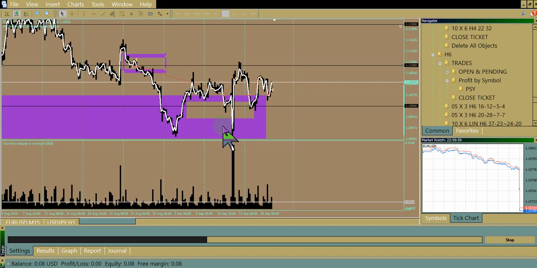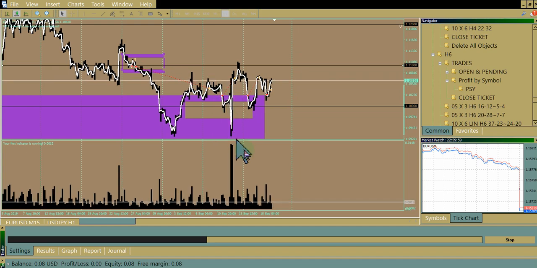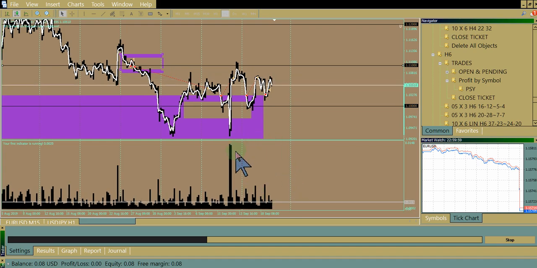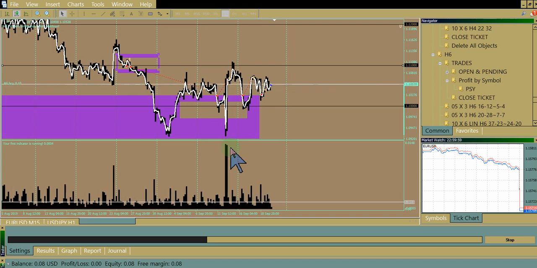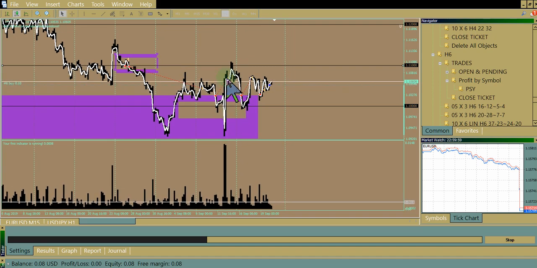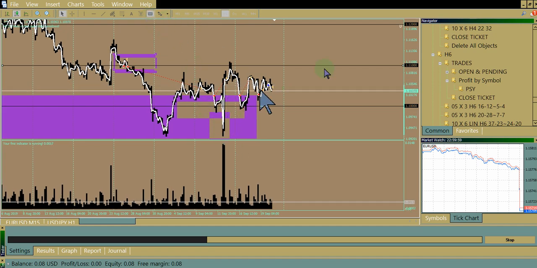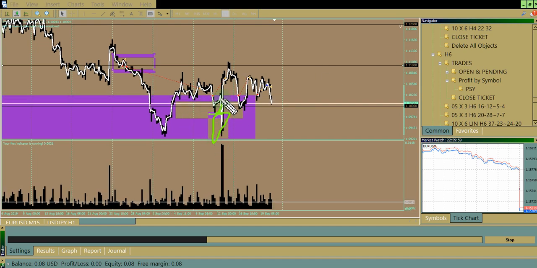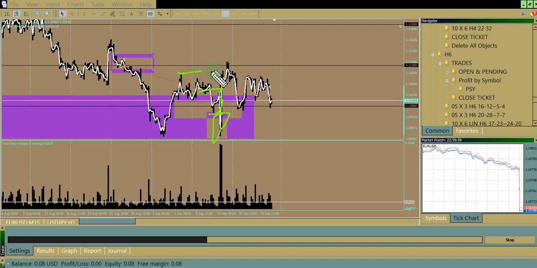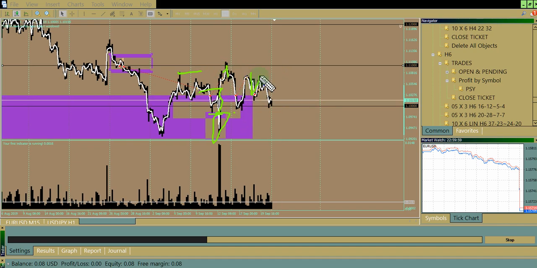So somebody either blew up their account here or made a lot of money, if you're not used to this kind of volatility. And we're going to see a 120 pip move again. Did you write a target for 120 pips in 4 hours? I probably didn't. I don't think I have 140 pip targets for 4 hours. So I know on this trade that I'd be very happy to buy this new low and scalp it to here. Right, so I buy here, I get out here, and I suppose maybe I follow through a little bit. But why not just put a sell limit here, capture this, trade it back to here, bing, bang, bong.